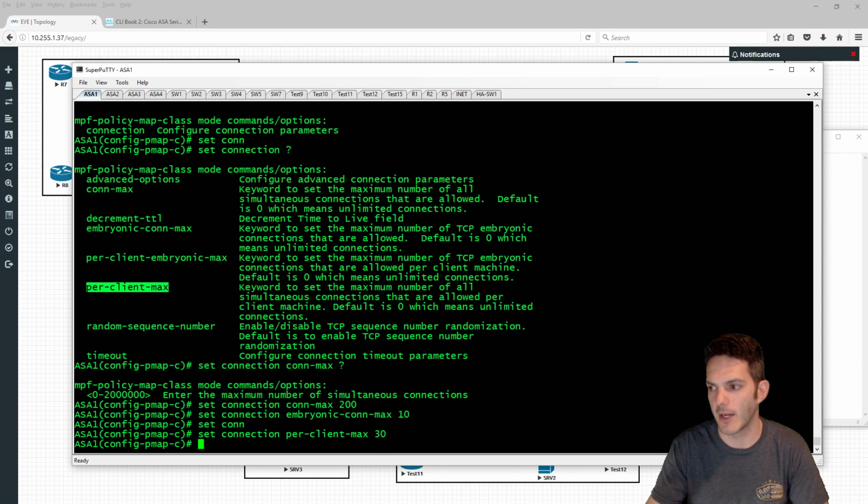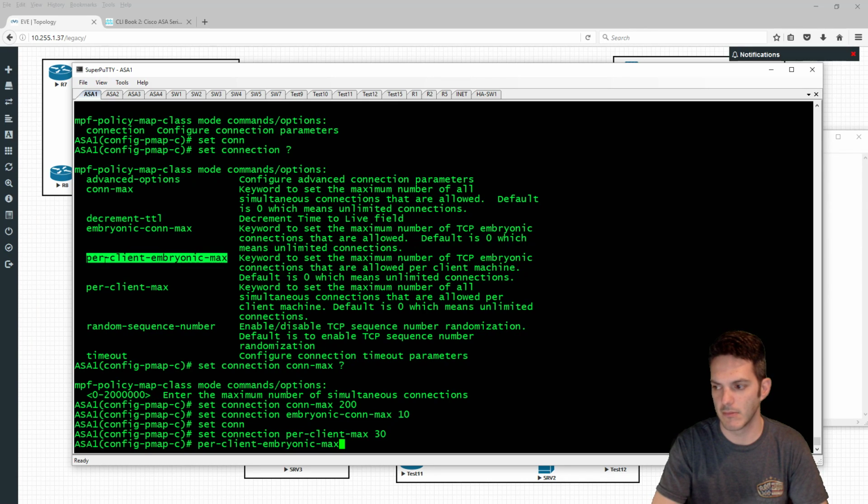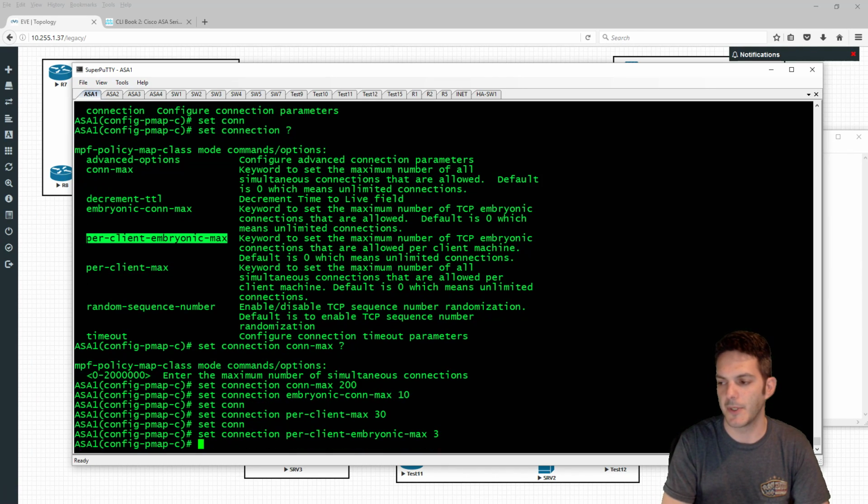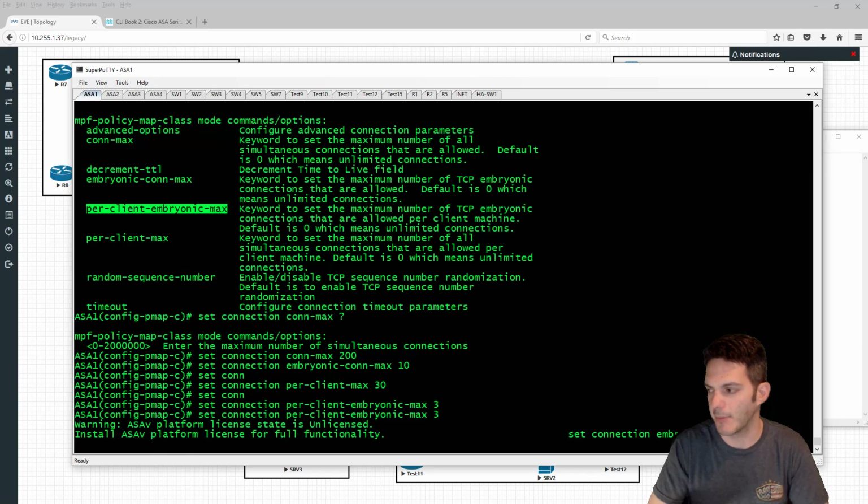And I set the per client embryonic max to be 3. If I do a show run policy map,